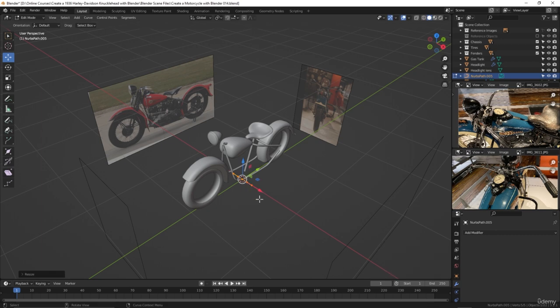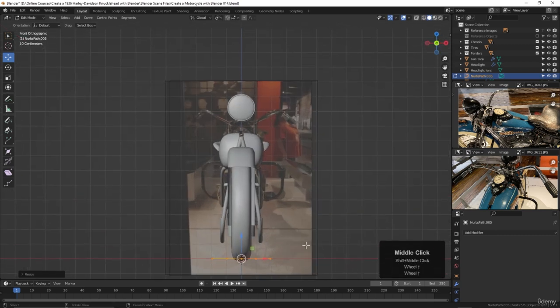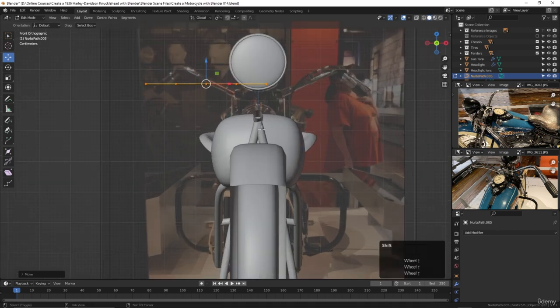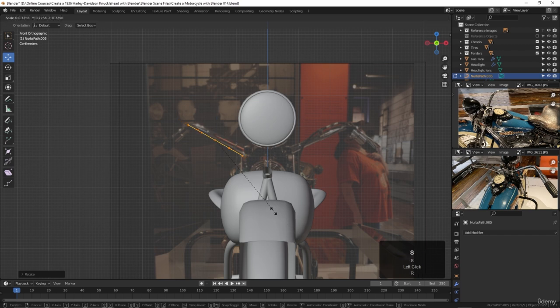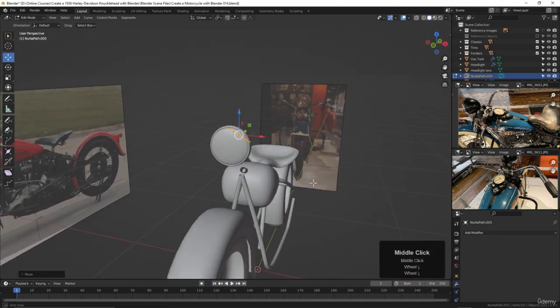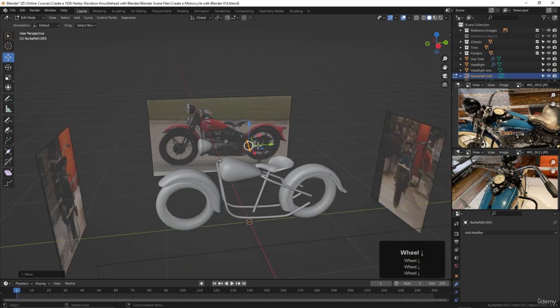And then I will go to the front view here. And let's just hit G and move it up into here. Scale it down a bit, hit the R key. So I just want to try and get it so it fits on this area right here. All right, so we have it in that view,